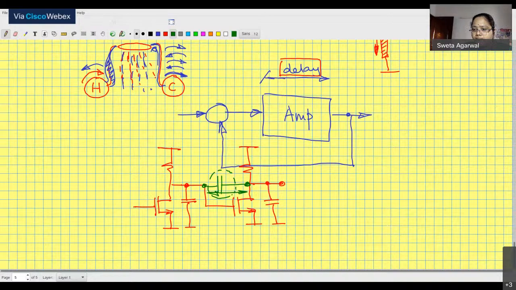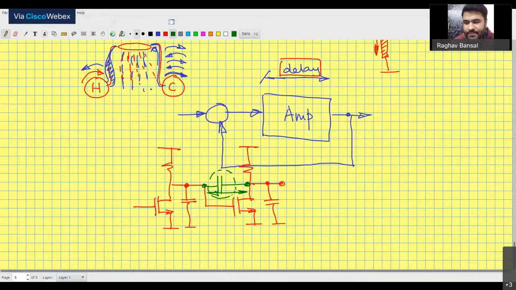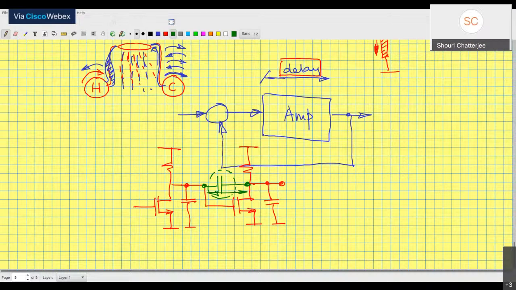There is one question. Can we interchange PMOS and NMOS in a CMOS inverter? No, we can't interchange PMOS and NMOS in a CMOS inverter. It looks like you can, but you actually cannot. It is not going to work. The PMOS always pulls up, the NMOS always pulls down. Something that pulls you down has to be below you, something that pulls you up has to be above you. The PMOS and the NMOS cannot be interchanged.